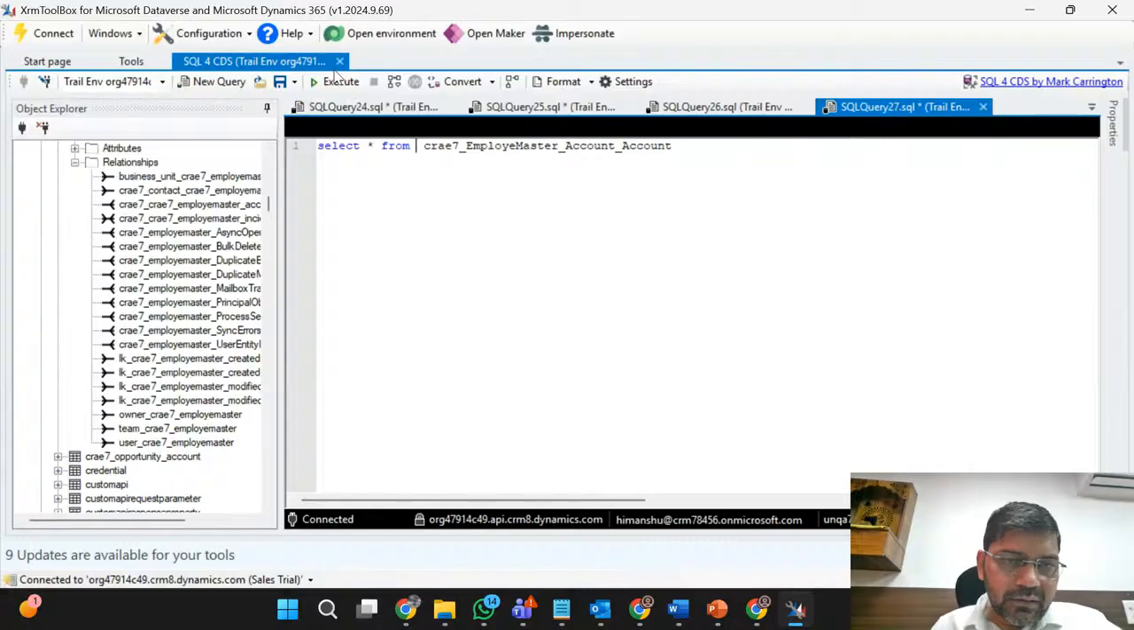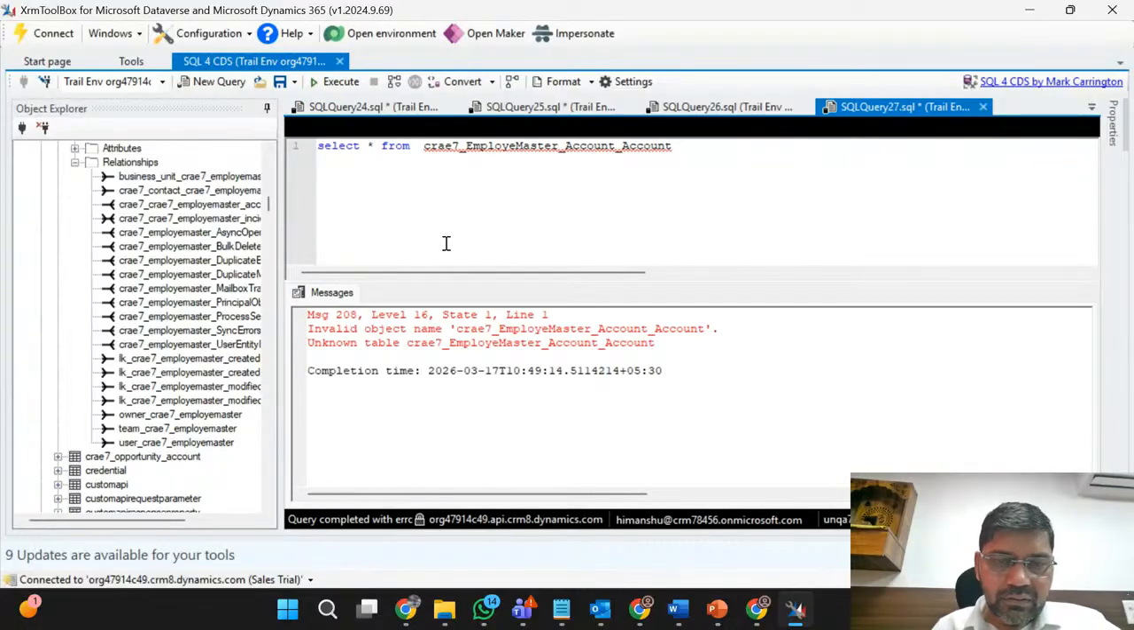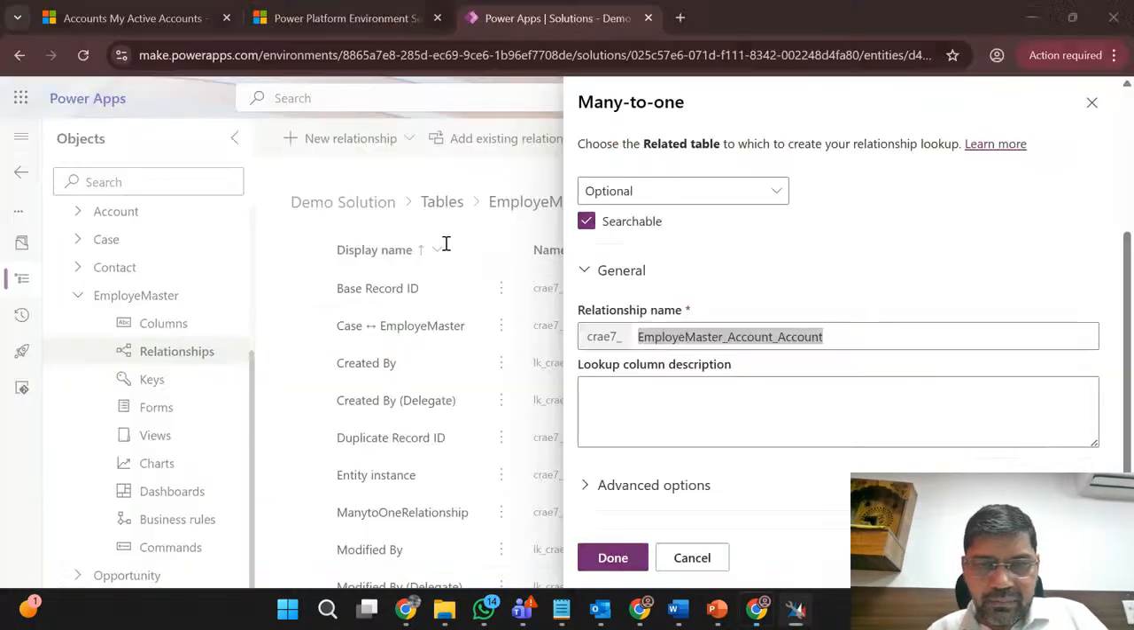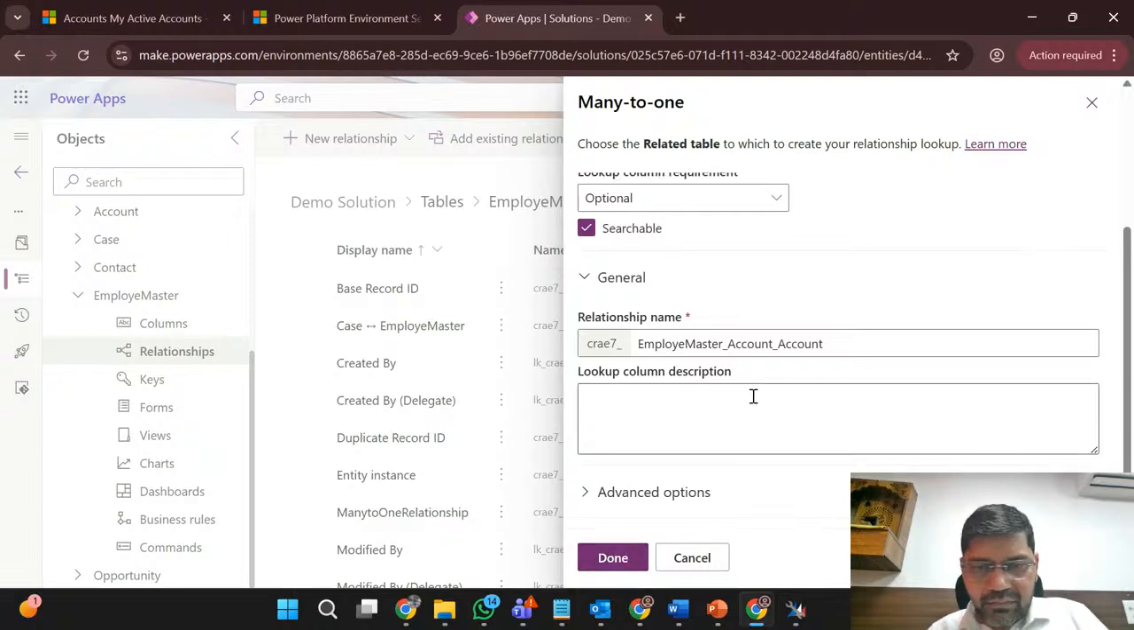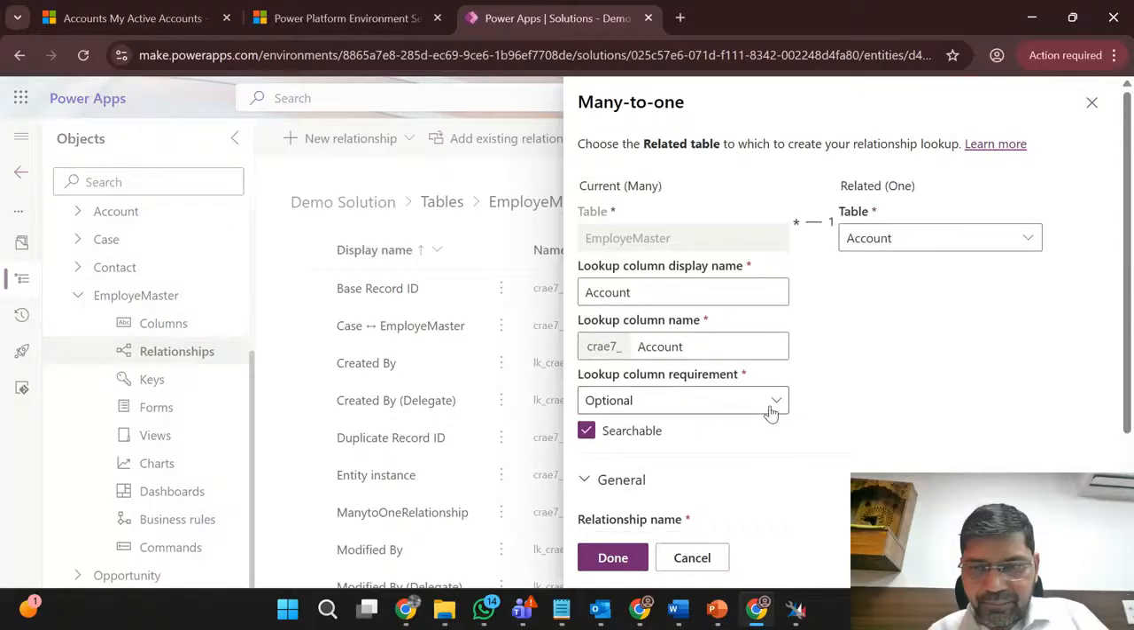Okay, see, suppose if I'm going to select something, it will show no relationship available. So let's try to create this one first, the default one. Let me try to use this. Even if this relationship here, lookup display name, let's try to use account